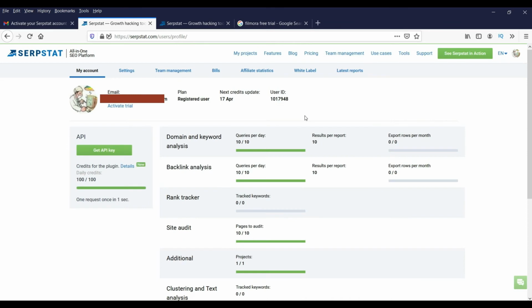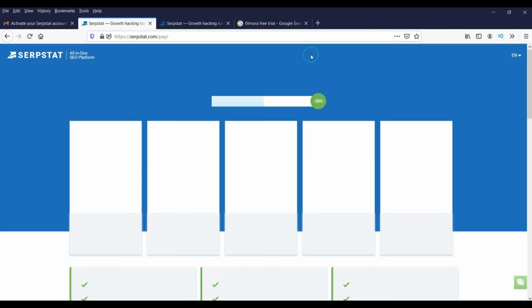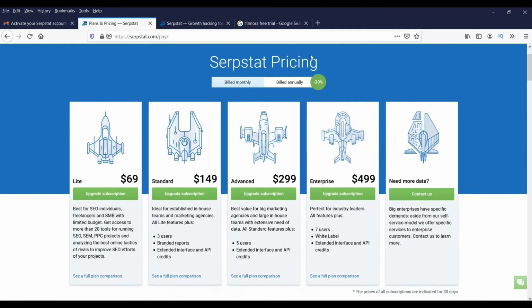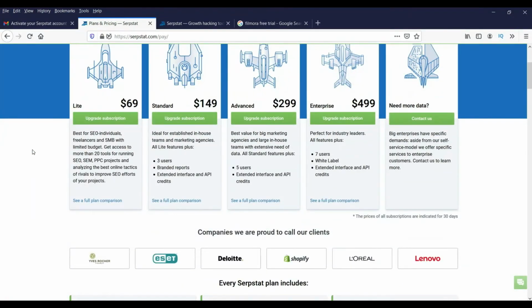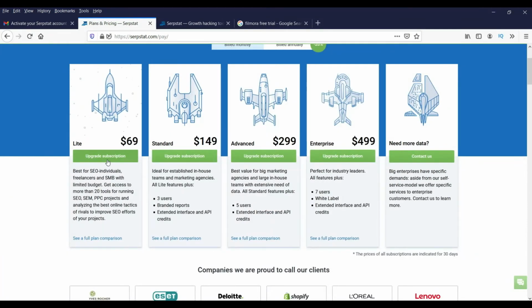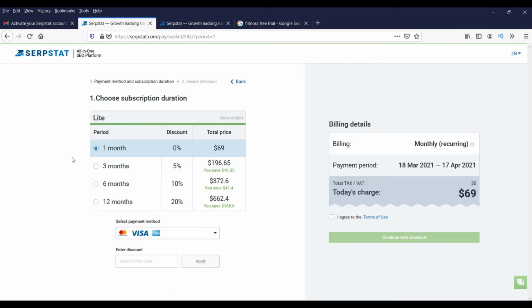Now how you can get almost 25% discount on annual plan. So you can go to pricing. Now these are different plans offered by SERP Stat. If you are new to SEO and if you have 1 or 2 blogs, then I'll suggest you to go for the light plan. Now click on upgrade subscription.